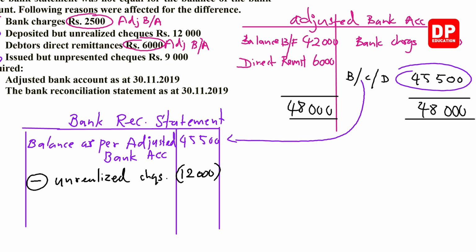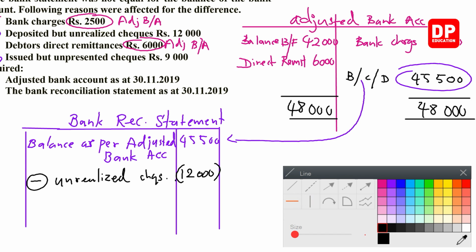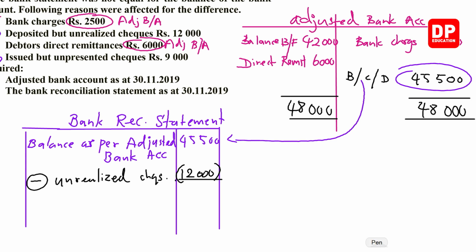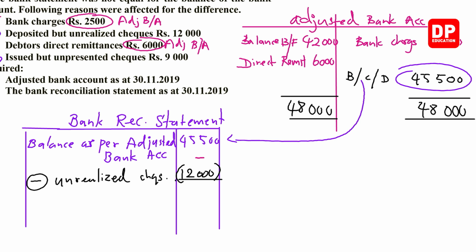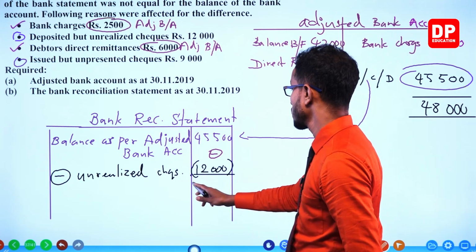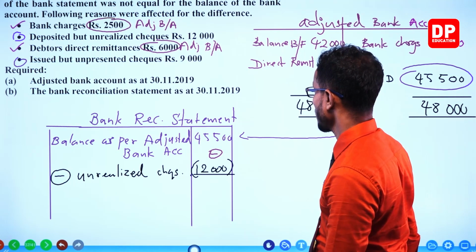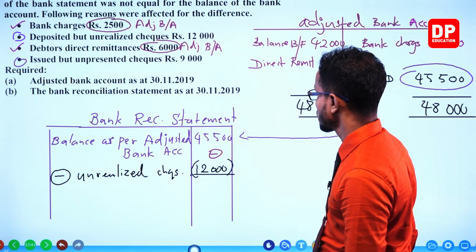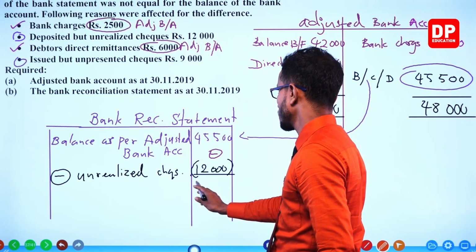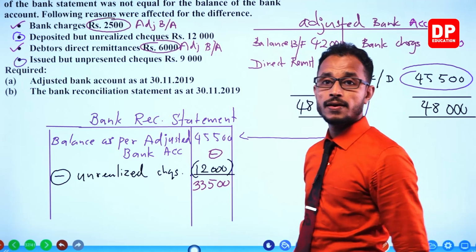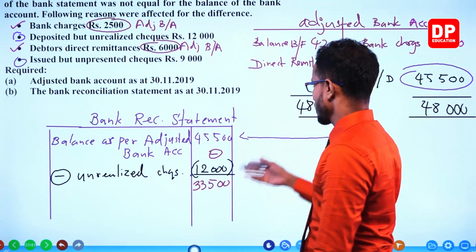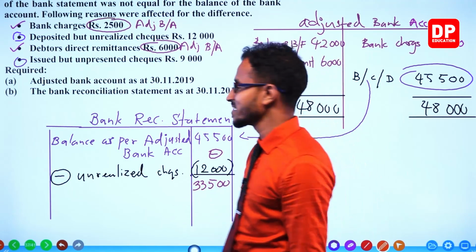Okie dokie, within brackets, we are going to subtract 12,000 from 45,500, and the answer is 45,500 minus 12,000. How much? 33,500. And we get 33,500. To that,